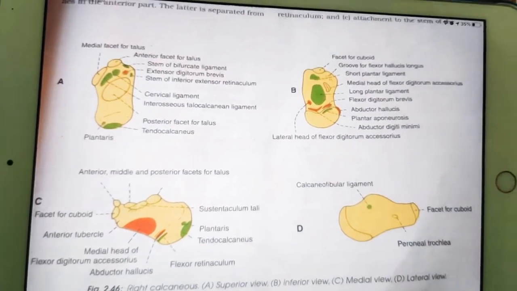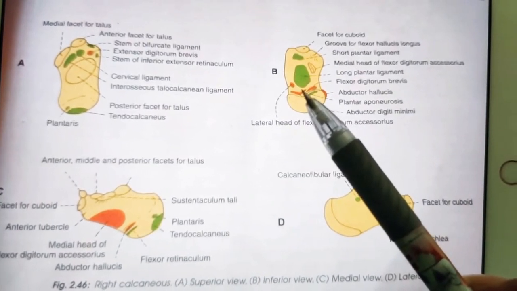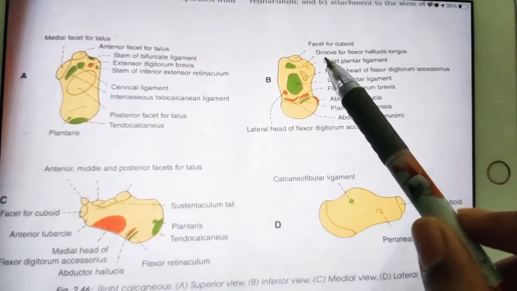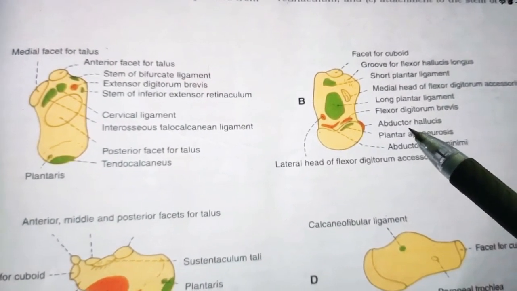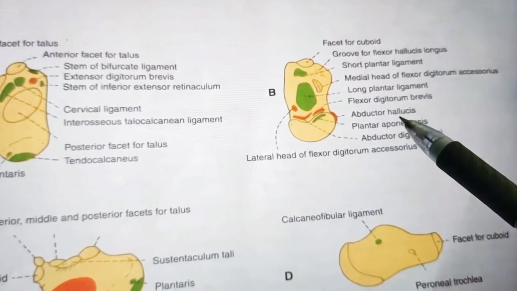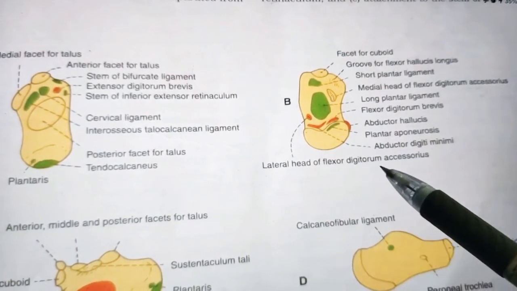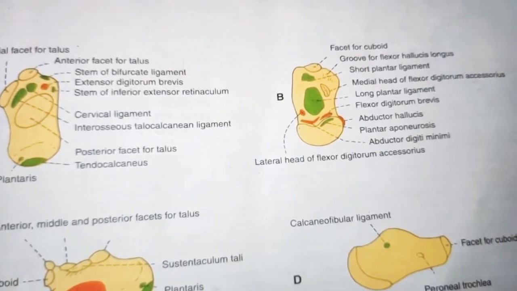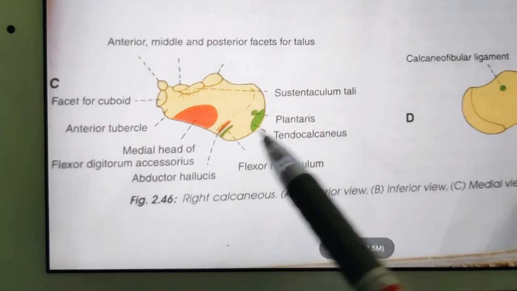So next, move on to the attachments on the plantar surface. The plantar surface is nothing but this one. On the plantar surface there is mainly the medial tubercle, right? The medial tubercle gives attachment to the origin of abductor hallucis. You can see this is the medial tubercle, and here you get the origin of abductor hallucis medially, and also attachment to the flexor retinaculum medially. Somewhere medially there will be attachment of the flexor retinaculum. So it's better to see here, flexor retinaculum medially, right? Here it's visible. This is the flexor retinaculum.